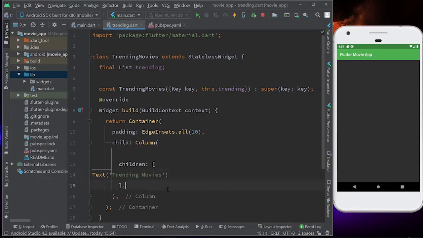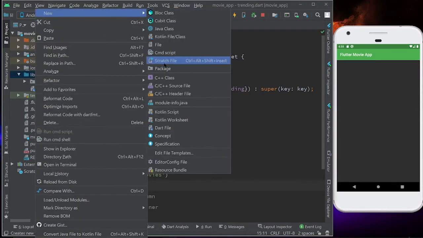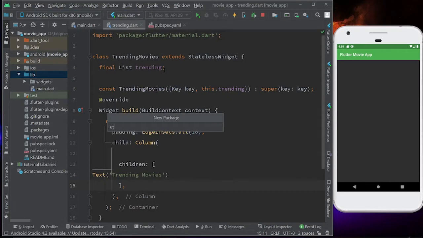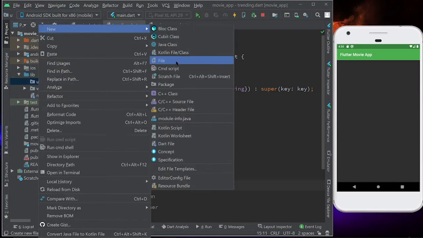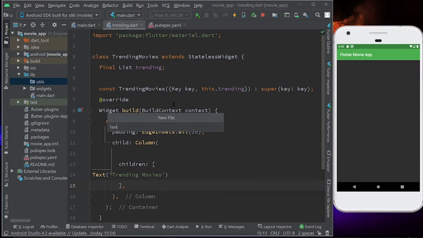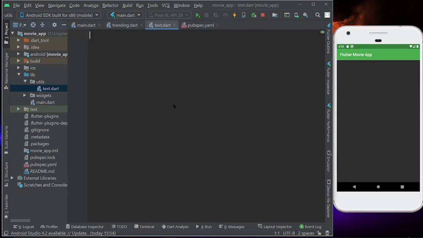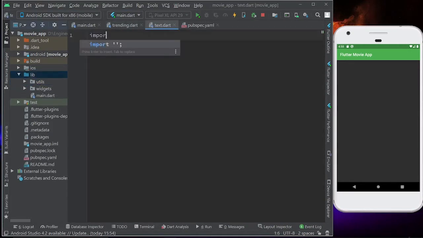movies, but as you can see that I'm using a very simple font. So let's create a folder in the lib, and I'm going to name this folder as utils, and inside this utils folder I'm going to create a file that will be text.dart, and this text.dart will be a template for every text, right? I want to change the font, but I don't want to change the font every time I'm going to write some text, right?